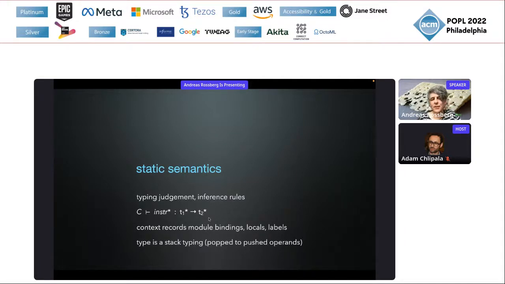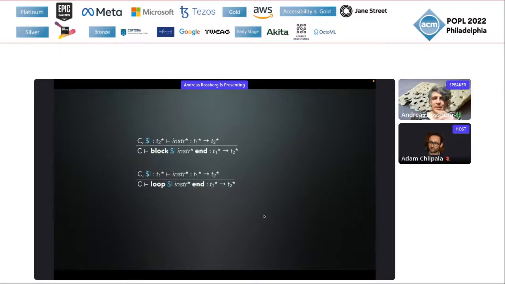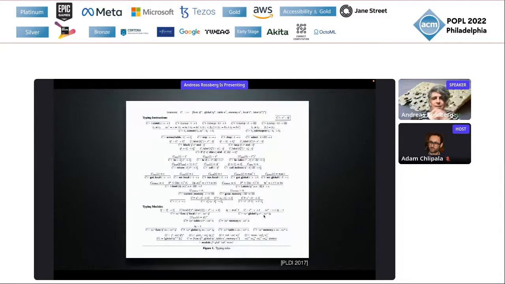And you can see, I hope, how that composes if you have multiple instructions or instruction sequences and just concatenate them together. Can just compose these types transitively. Plus, if you add some weakening rule properly. And yeah, here are some typing rules again for blocks and loops. As before, I will skip over this and just show you this again. Like, this is the entire validation of WebAssembly. It's like 3/4 of a page again, and it's pretty straightforward. I mean, part of that is because it's a pretty dumb type system. But even then, it's like one